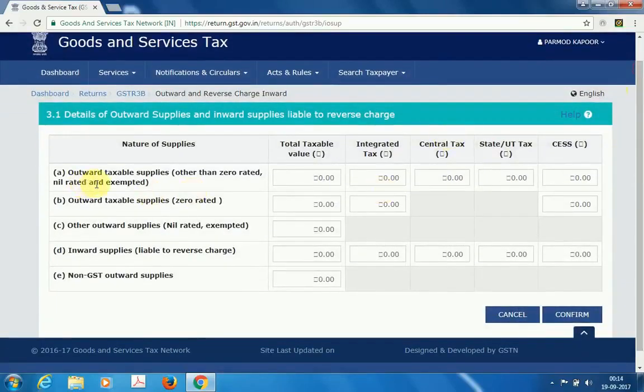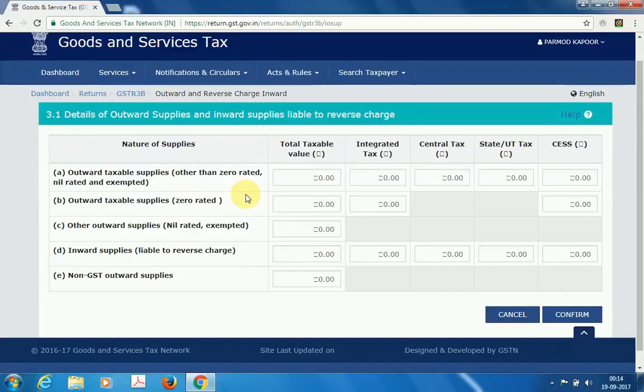First item is outward taxable supplies other than zero rated, nil rated and exempted. That means, friends, here you need to mention all your supplies, be it interstate or intrastate, except zero rated, nil rated and exempted. But before I move further, you should know what zero rated, nil rated and exempted are.